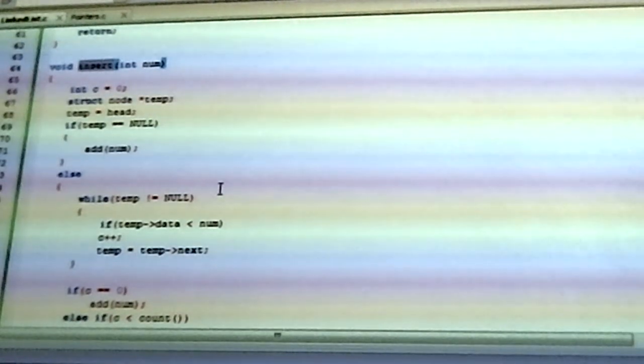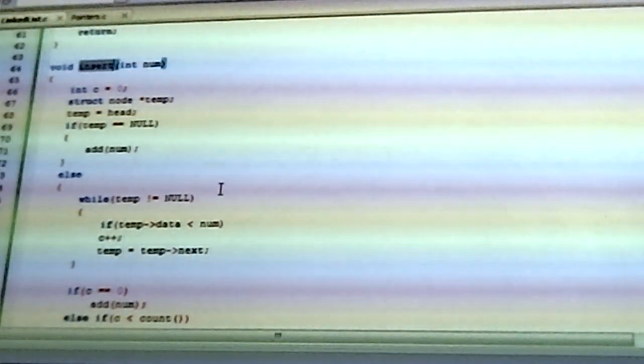Take a look at this code, and review the pointers as well. Try to get familiar and comfortable with pointers. And then on Friday we'll